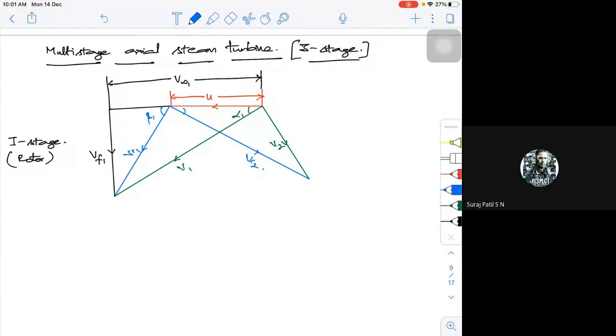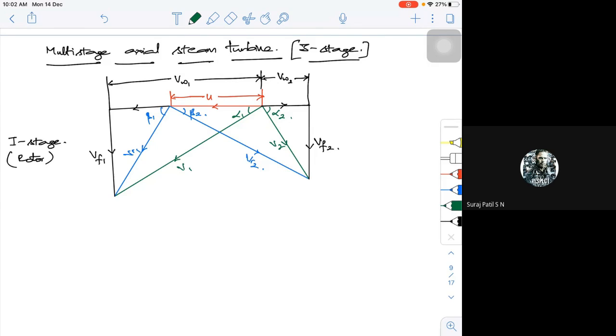This is my beta 2, and if I complete it with the components of V, this is my flow component, this is my whirl component. If I try to close this, this will be VW2, and this will be VF2, and